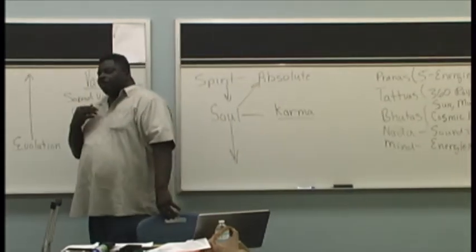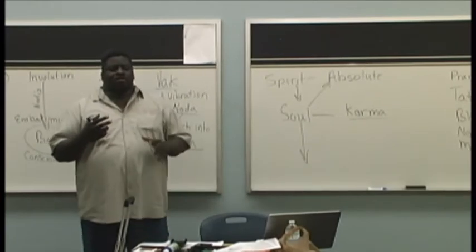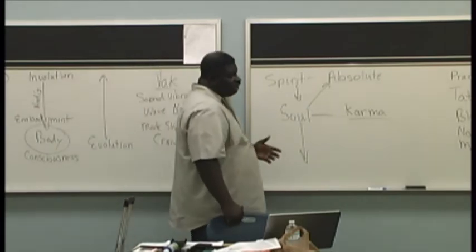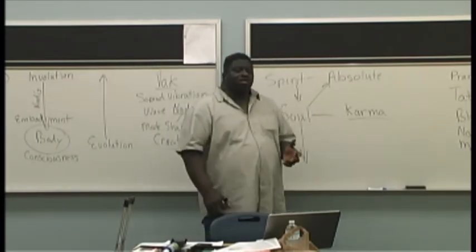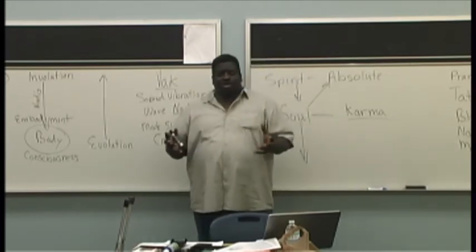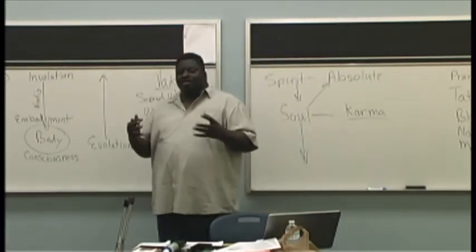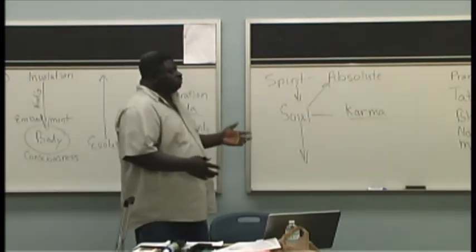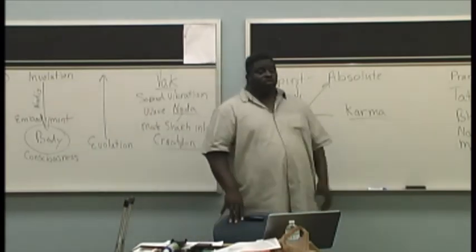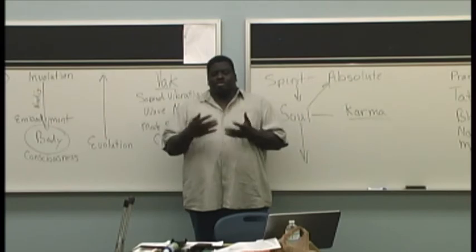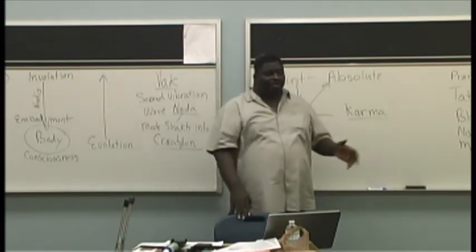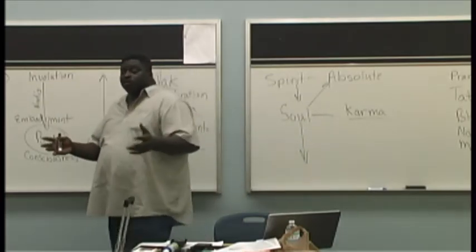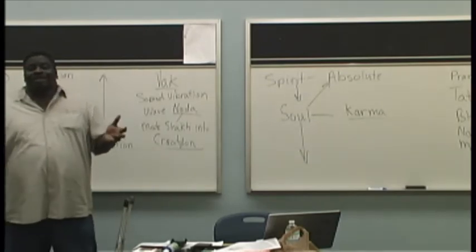That sound vibration divides this tremendous energy called the tapas, which is really prana and mind, universal cosmic energy and a universal mind substance that originated from the absolute, and it probably went from the absolute to the supreme laws of creation, down through the supreme laws of karma, down through the